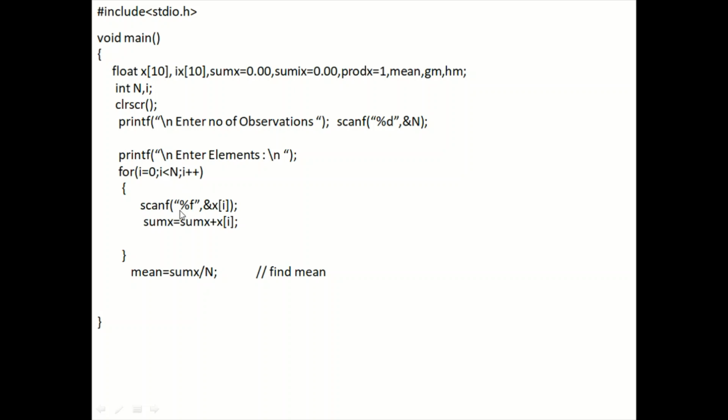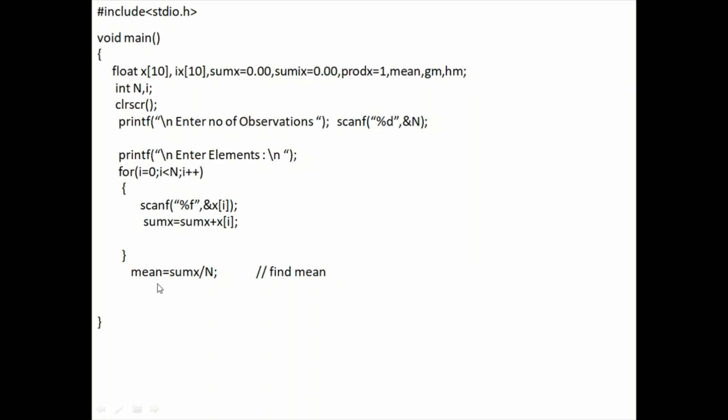Again it comes down, so this time again it will take an input. Assume that this time I have given 4. Where will the 4 be stored? x of i, that is x of 1. In the array x at the index 1, how much is stored? 4 is stored. Now this sum x previously had 2. 2 is equal to 2 plus 4. How much? 6. Again proceeds. Again i plus plus. This goes on until the value of i reaches n. When the value of i reaches n, the loop terminates.